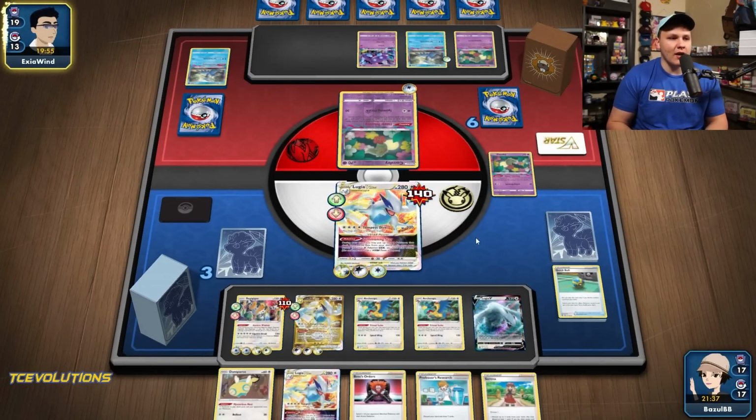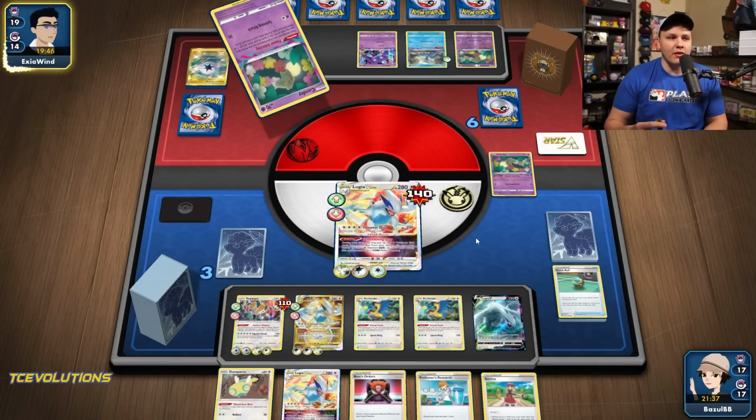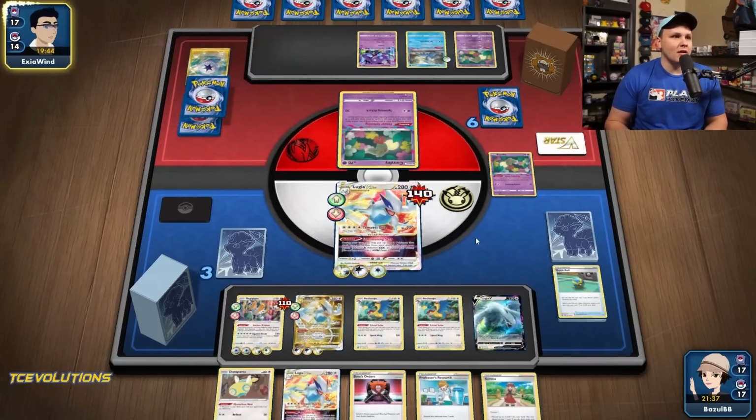So I have 2 energy prized. Yeah, I have 2 energy prized. And I also want to attack with Gigas next turn. I guess if they could play multiple choice belt. But yeah, this really makes the...